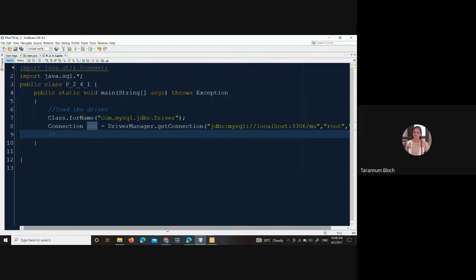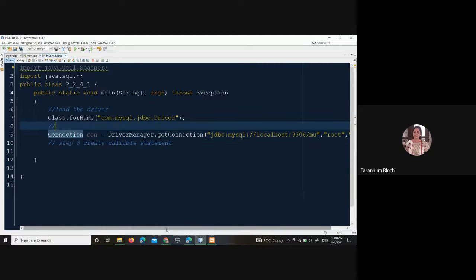This time we want to call a callable statement, right? So to call a callable statement, you have a method. You have to write the code, which is con dot prepare call.